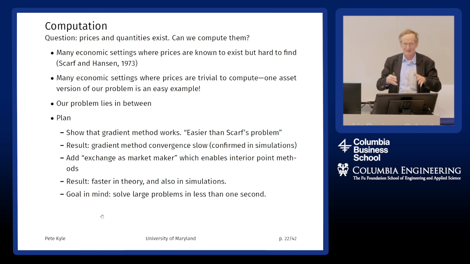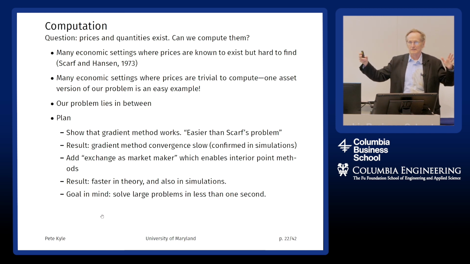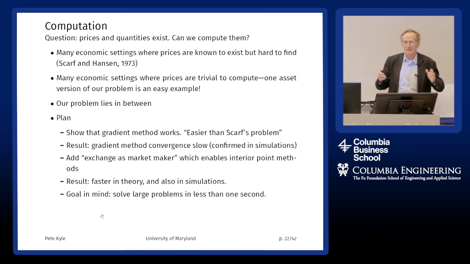But the gradient method doesn't work very well in a problem like this with 1,000 assets if the demand functions are kind of weird. It'll be very, very slow to converge. And furthermore, in a finance problem like this, we want to calculate the prices and quantities reasonably accurately. But a problem with the gradient method is that as it gets closer to the equilibrium, it converges more slowly, so it never really becomes that accurate.